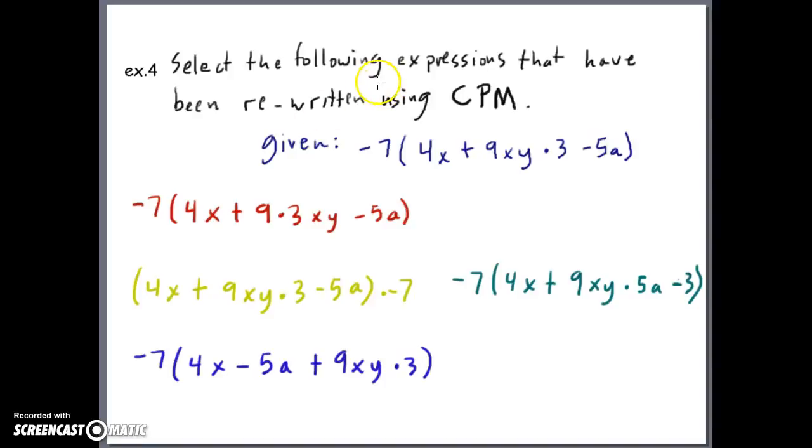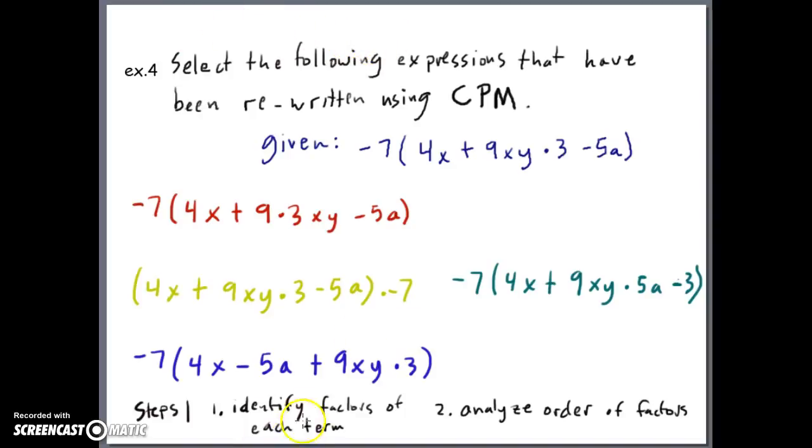Okay, example number 4. I'm going to go ahead and pause the video and write some steps on, so you'll see some steps in a second. So these steps are: identify the factors of each term and then analyze the order of those factors. So we're given this expression, and we've got to see if these other expressions are equivalent or rewritten using the commutative property of addition. So here we have one term,